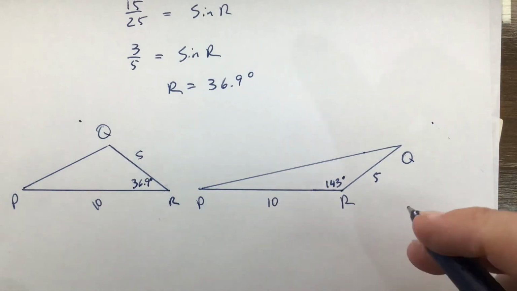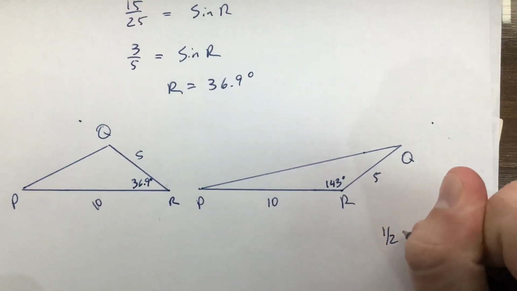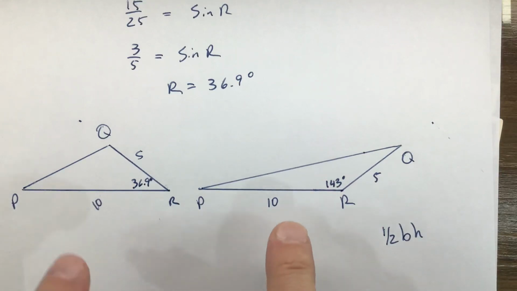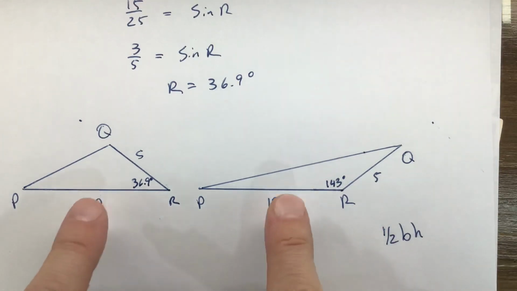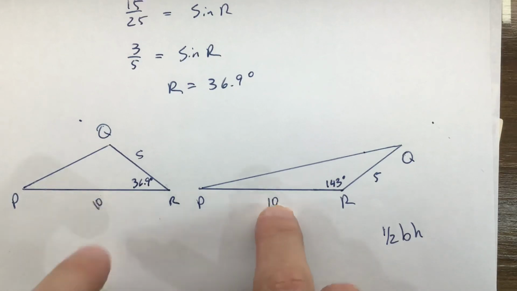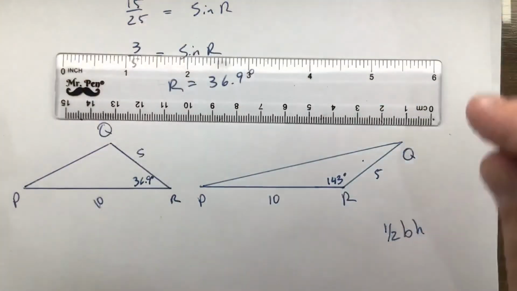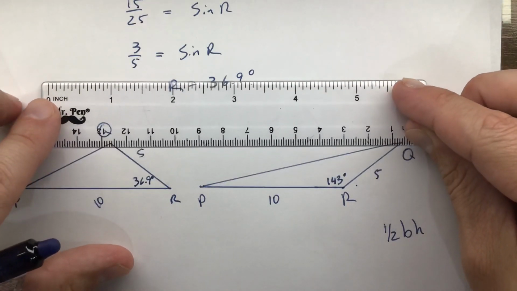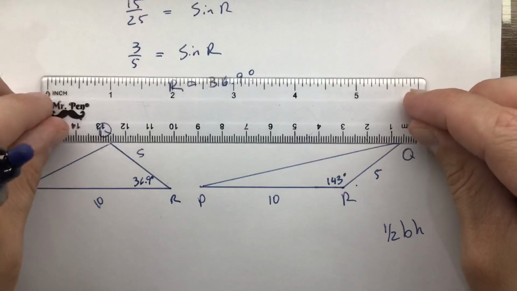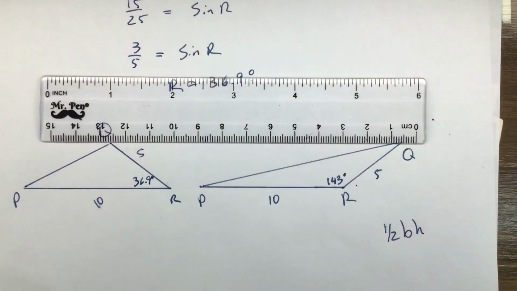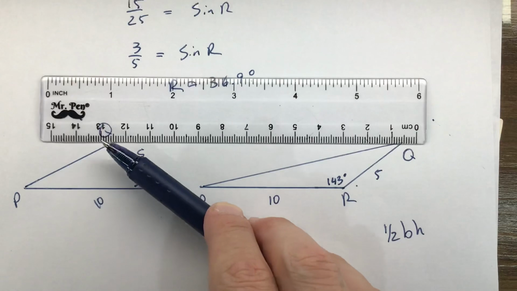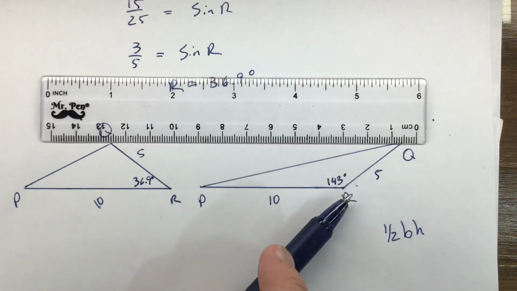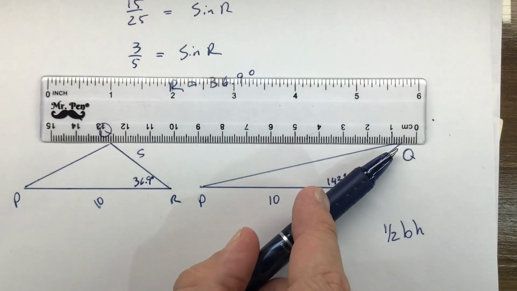Well, remember that the original formula for the area of a triangle is 1/2 base times height. Okay, so both of these have 1/2 is 1/2, that's fine. Both of these have the same base of 10. They actually do both have the same height. So I'll start at the base, and then I'm going to move my ruler parallel to the base, and you're going to see that they actually do have the same height. It's sort of like that segment, instead of being positioned there, is going to swing out, get higher and higher and higher, but once it gets to the supplement measurement, it's actually going to be at the same height as